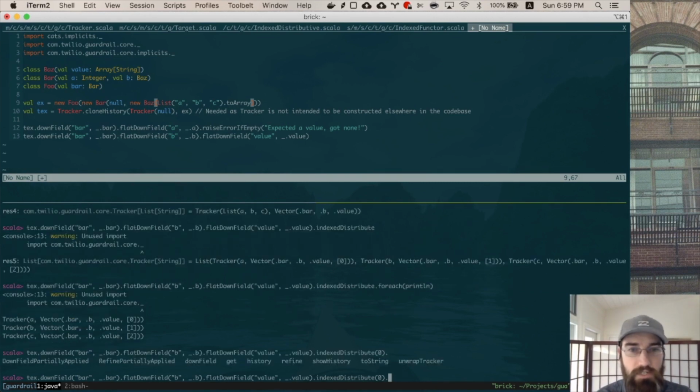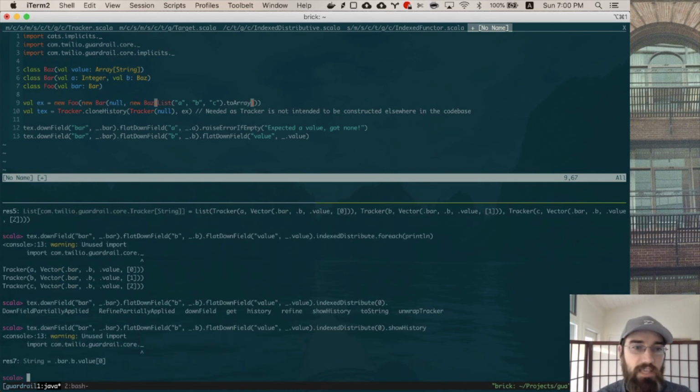One of them is, history is the vector, and then show history actually gives us the string representation of that thing. And this can just get tacked directly onto any error messages in your code. So you can actually see here, if we alter this slightly to have a null at the end here, and then rebuild this,